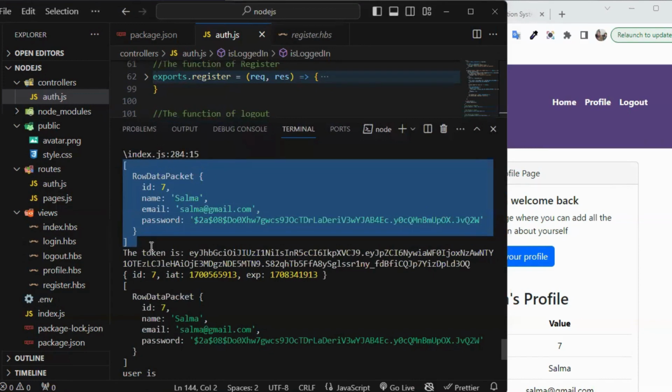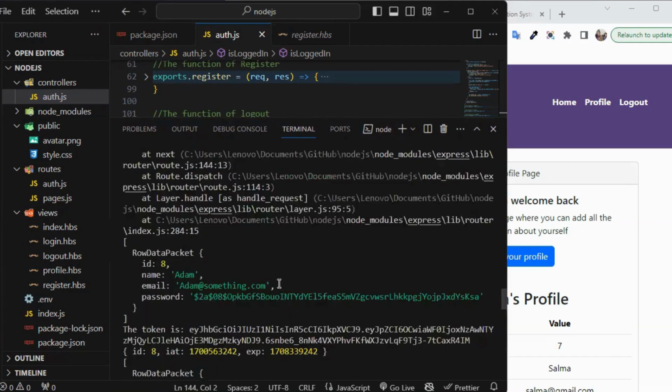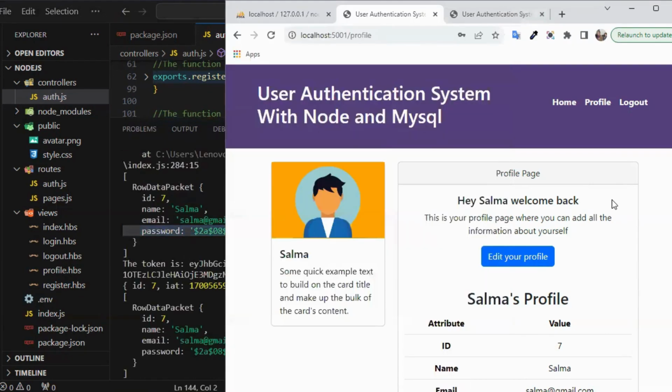This is the data package that is stored inside the token, and our token is this set of strings, and this is the logged in user ID, name, email, and password. So as I said,